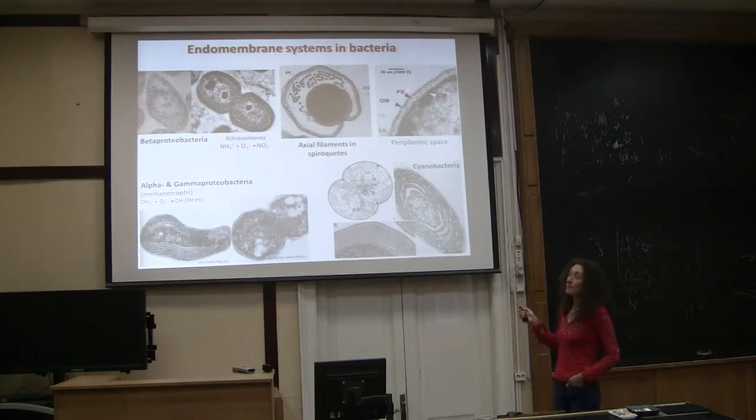And even the periplasmic space in gram-negative bacteria could be considered a metabolic compartment in this sense, surrounded by two membranes. Okay? And furthermore, the fact that some of these organisms, such as the cyanobacteria, develop internal endomembranes led to,